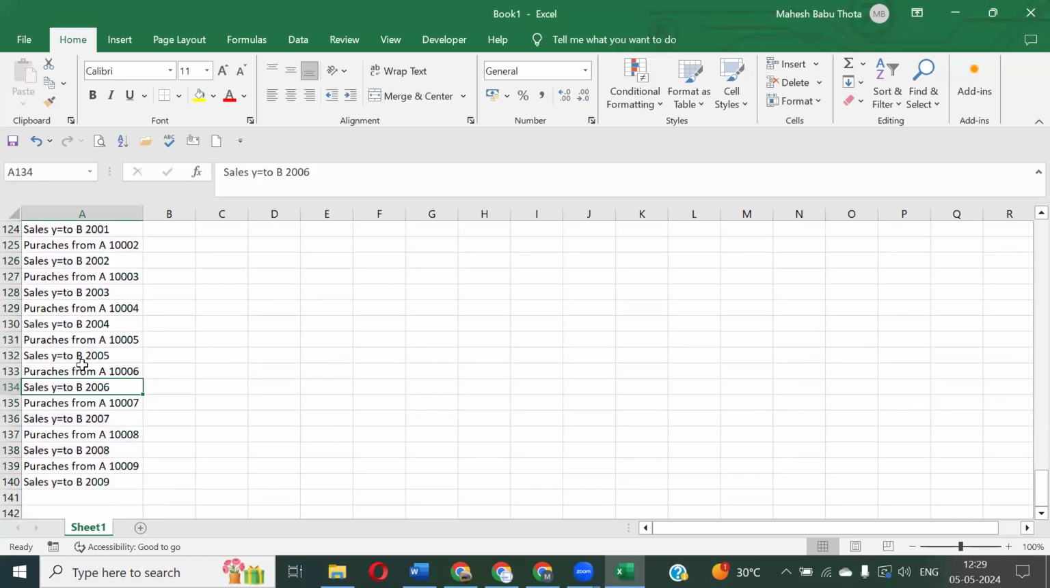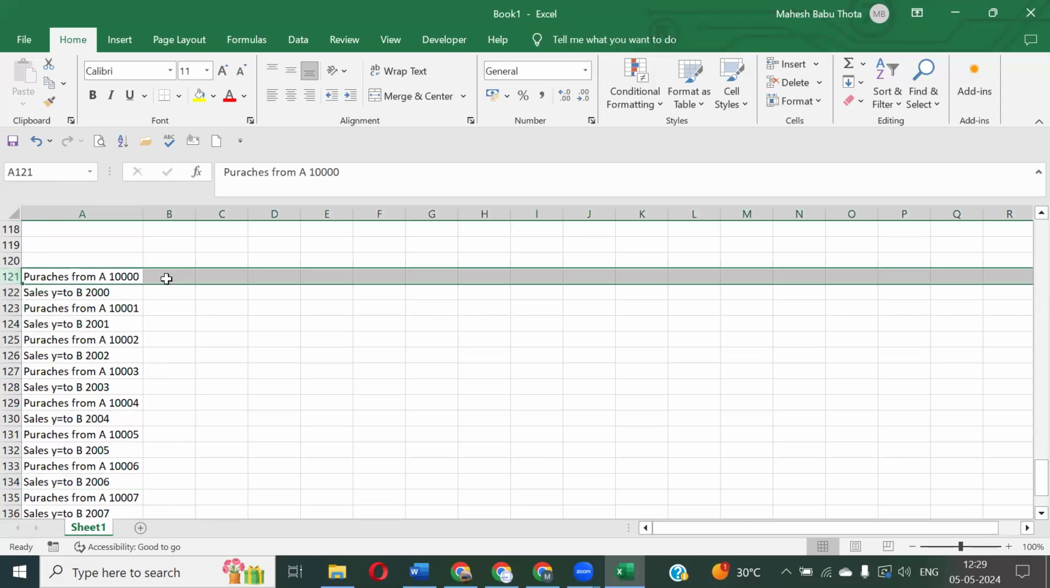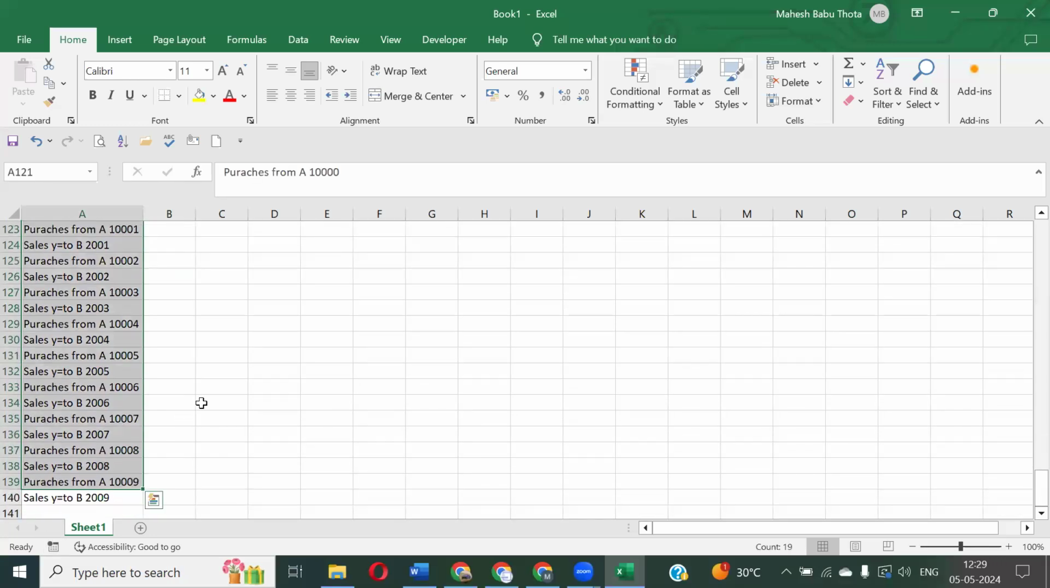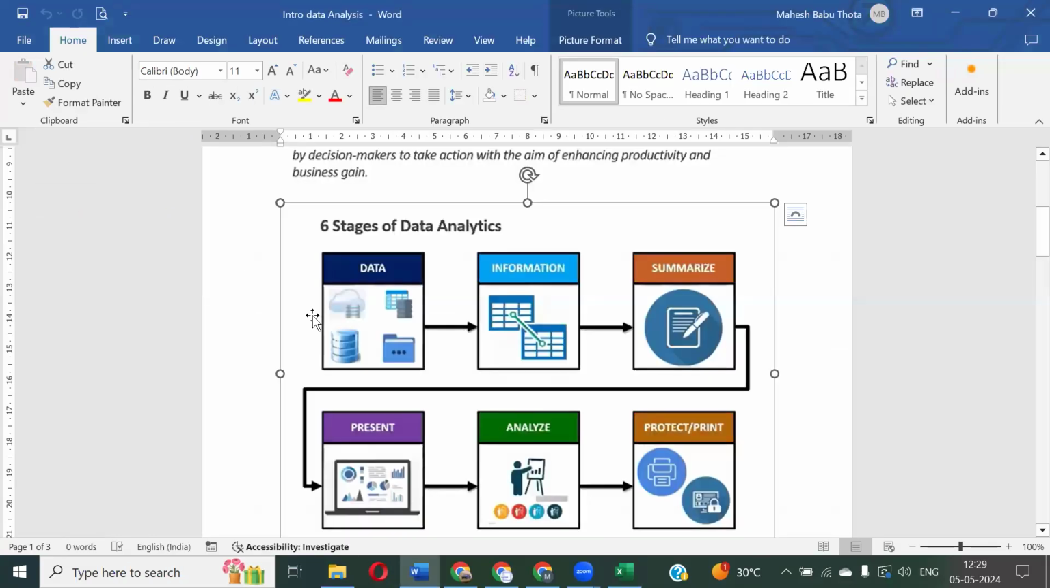If you want to perform any calculations, what do you have to do? First, we have to segregate the data. What are the purchases? Let's separate these transactions, purchases, sales, and everything separately. Then you will be able to apply formulas, right? So basically, the summarization